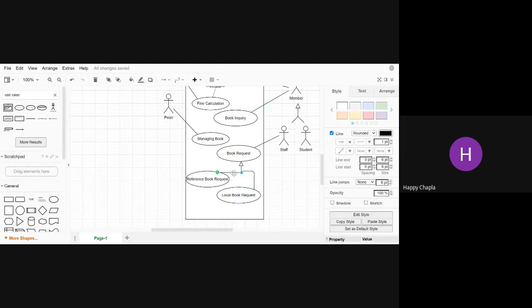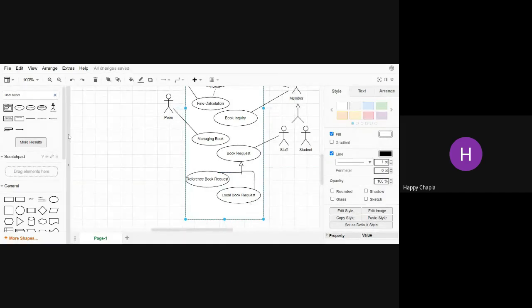One, that is this one, that is reference book request and local book request.